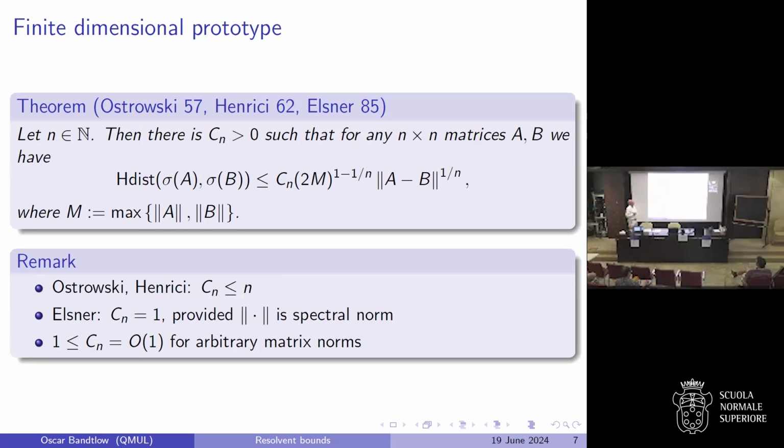Then we have this constant M over here, which is simply the maximum of the operator norms of the two matrices. And there's this number Cn over here. Okay, so